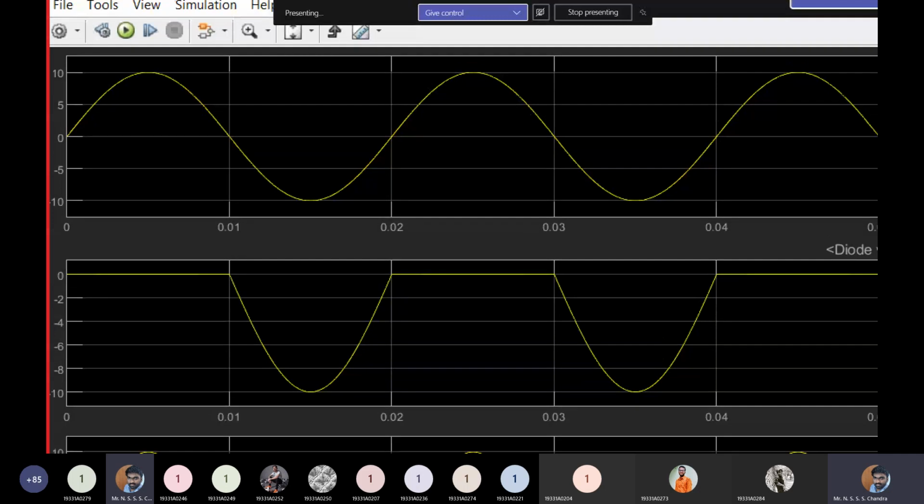And for the negative half cycle, you can see that whatever the input supply is there, the same supply you are observing across your diode. In the last class itself, we told that in the reverse bias, your diode will act like an open switch. Open switch means your entire supply will appear across your switch terminals, right? Here, your supply will be appearing across your diode terminals, where the diode is acting as a switch. So the diode will act like an ideal open switch or a switch in off condition. So whatever the supply you are giving, that entire supply will be appearing across your diode.